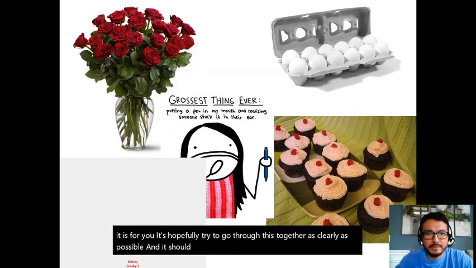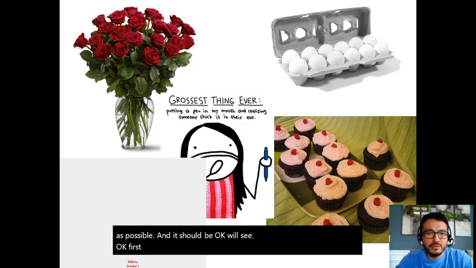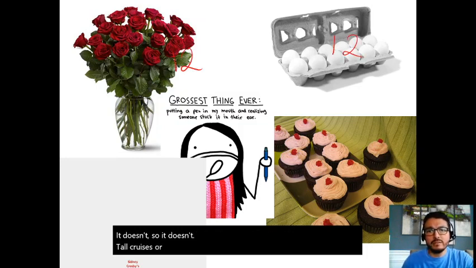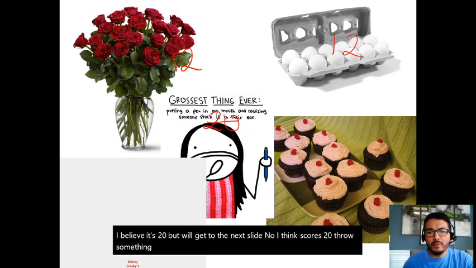We'll see. Okay, first, the mole is similar to saying certain things like a dozen. So a dozen, 12 roses, or a dozen eggs, right? A gross also has a certain value. I believe it's 20, but we'll get to that in the next slide. Oh no, I think score is 20. Gross is something else, not 20. If we count how many cupcakes we have, you'll see that we have 13. So in a baker's dozen, we have 13